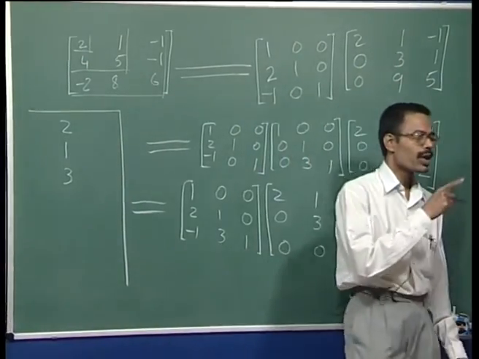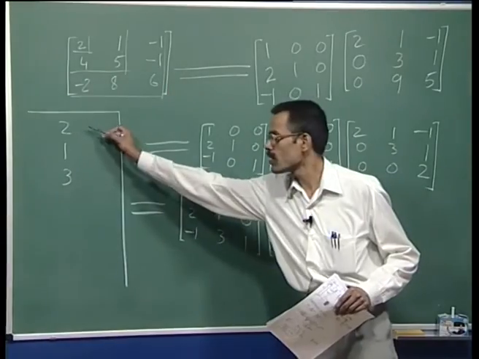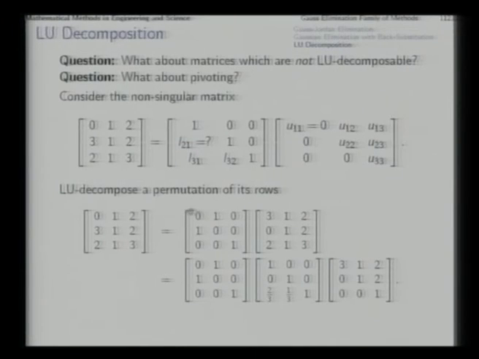That means we can conduct LU decomposition with pivoting. In that case, basically we will not be decomposing the original matrix given, but we will be decomposing a permutation of its rows. And what permutation? That we will be separately storing in a vector like this, which is equivalent to store this permutation matrix. So, now with this permutation matrix sitting here, we have got this matrix which is a permutation of its rows, and then this can be easily decomposed into L and U factors, which are this, which you can verify later that the product indeed gives you this matrix.